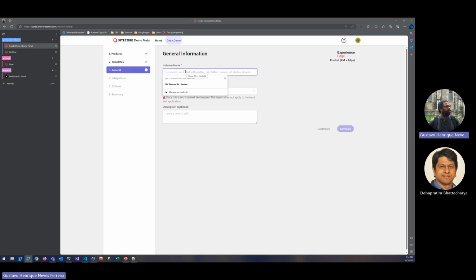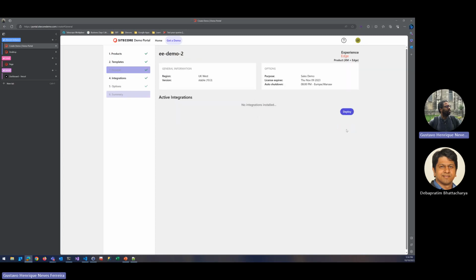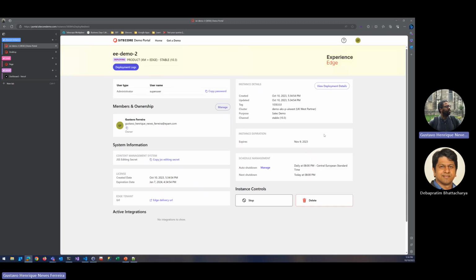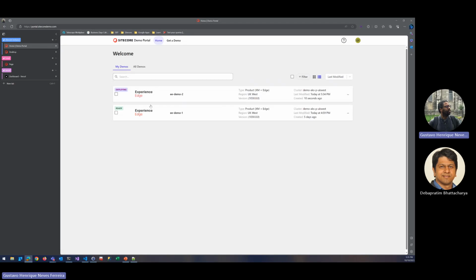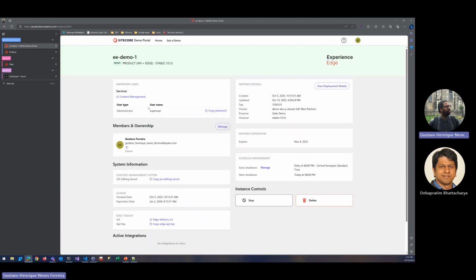For our case, I'll give it a name like Experience Edge demo number 2. I will choose the UK West region and hit on the summary. Here I can see the whole information for our new instance and we'll click on deploy. Well, the deployment takes around 30 to 40 minutes and we will not have to wait that long to have it running, as I already have a version up and running here